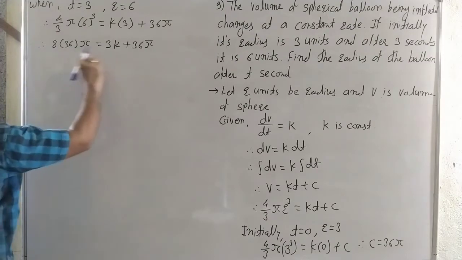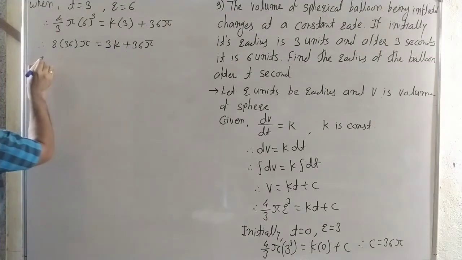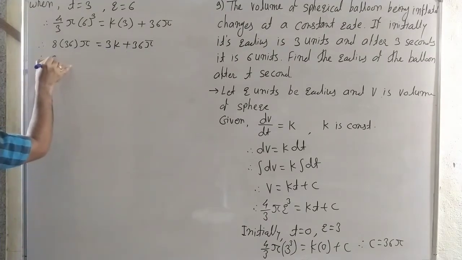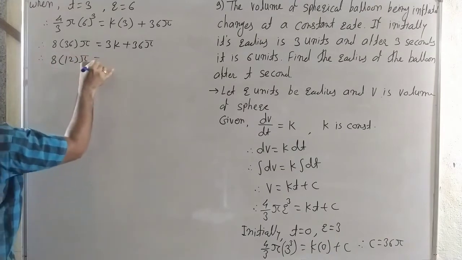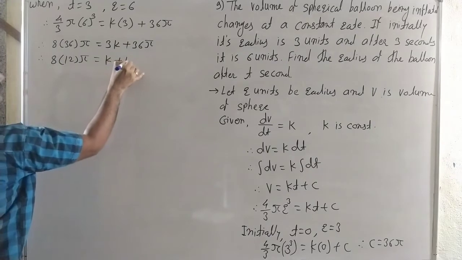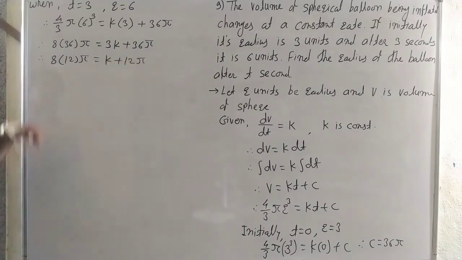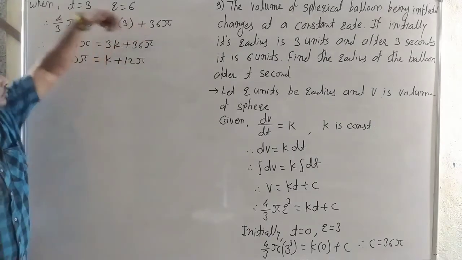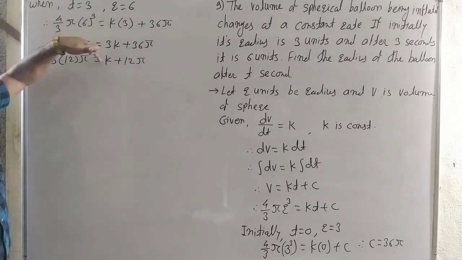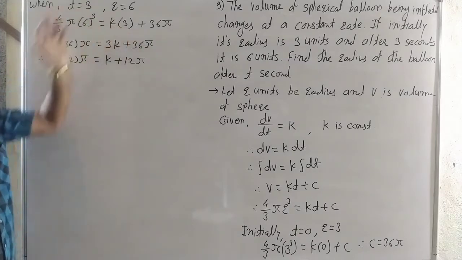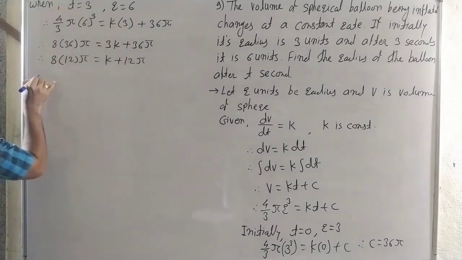Then divided by 3. When we divide by 3, here we get 8 into 12 pi when divided by 3 is equal to k plus 12 pi. See carefully this. When here divided by 3, 8 into here 36 divided by 3, it is 12. 3k divided by 3, it is k, and 36, it is pi. Then this k is equal to